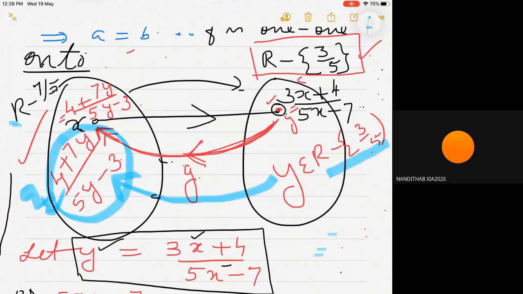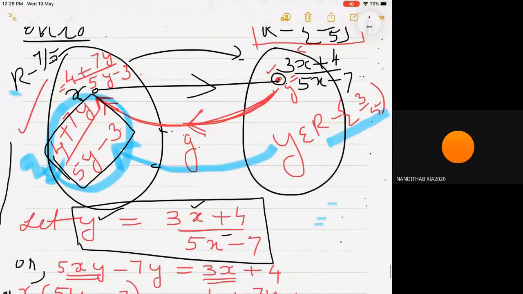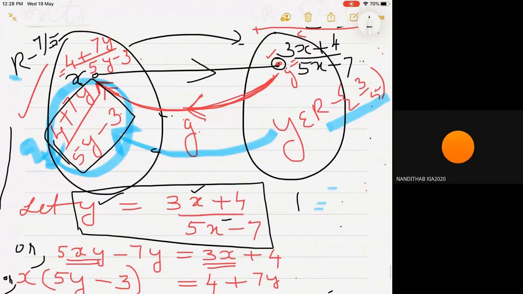Is it possible or not? Expression becomes a real number if 5y minus 3 is not equal to 0. So we can say that 4 plus 7y by 5y minus 3 is always there in R minus 7 by 5